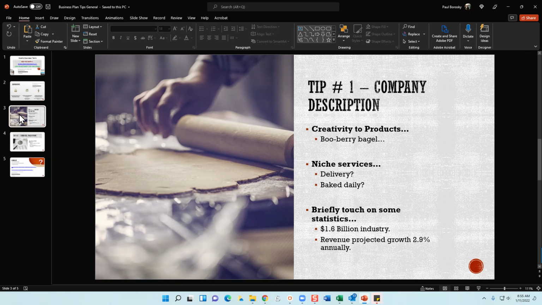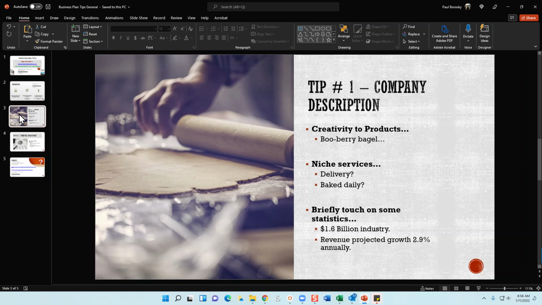You've done the research. You looked at the annual sales. You looked at what some of the experts in the industry are projecting, on a broad basis, some industry statistics and some happenings in the industry. When you put statistics in there, it shows that you've done your research. It adds credibility to you as a person, as a business owner. When you add this information in the document, it also adds credibility to the document.